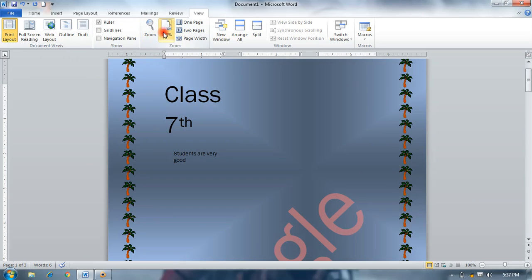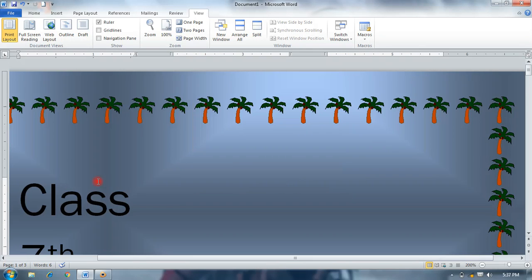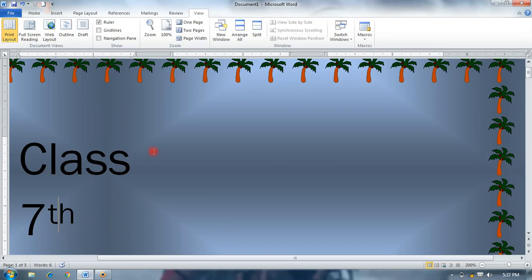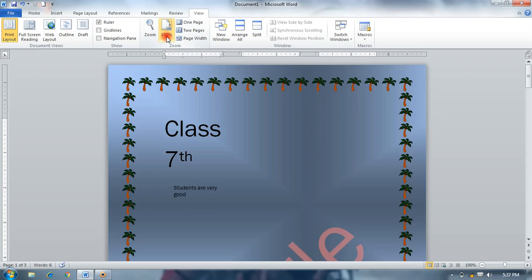Zoom option is used to enlarge or shrink your page. If you select the zoom option, there are many zoom percentages, like 200. So look, this is your preview. So now this is the 200% zoom view. If you click on 100%, it will look in a simple way.